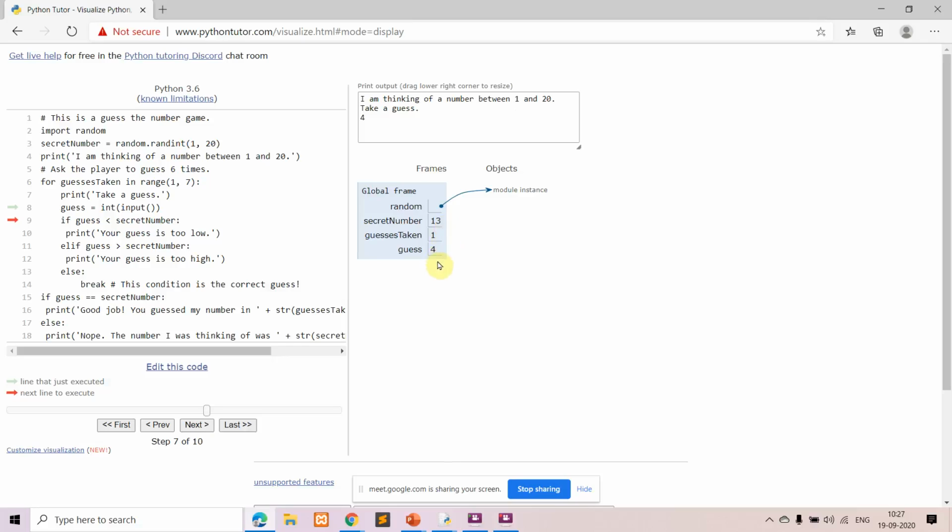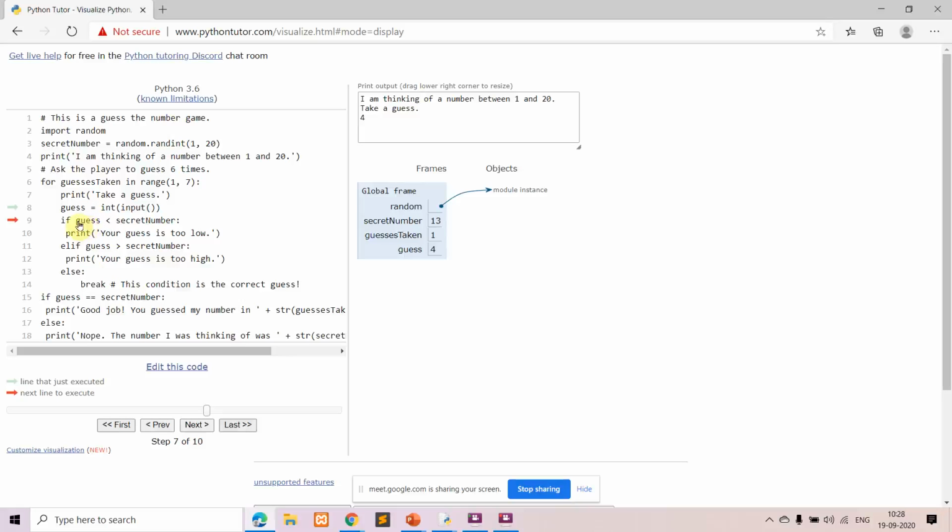You're checking whether the number we have guessed is less than or greater than, or whether it is equal to. Okay, so here we have three possibilities. Either the guessed number might be the same as the random number generated, or it might be greater than the random number generated, or lesser than it. So we have to check for each of the cases.